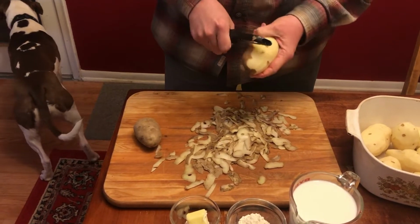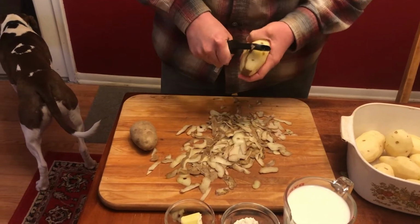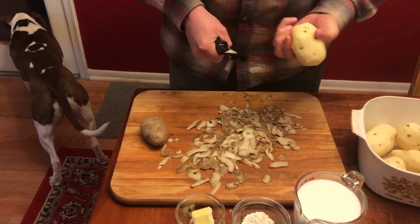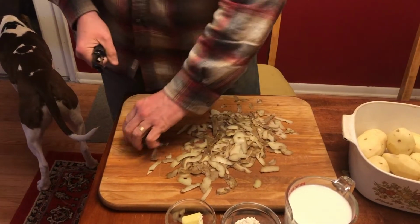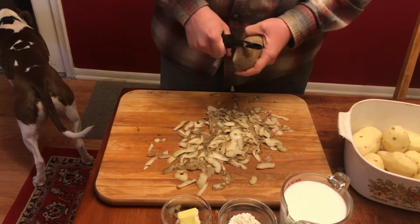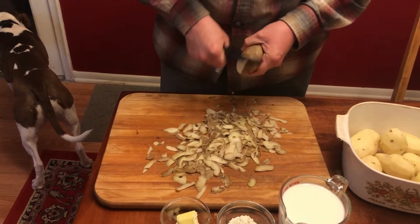She always used to make it. I feel like I always used to have it on holidays and stuff like that. Easter, she always used to make it. Definitely on Christmas Eve, since my family celebrates Christmas, she always used to make these potatoes. I've never made them before. It's my first time making them, actually. I've eaten them many times, but